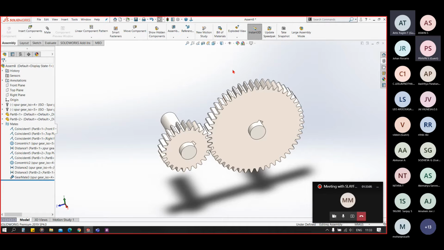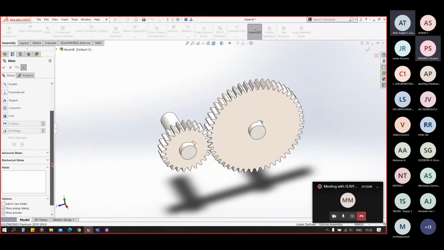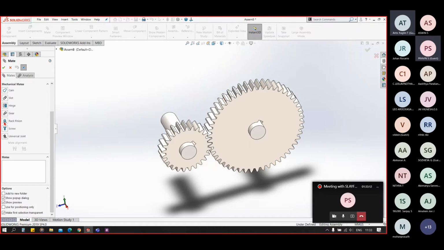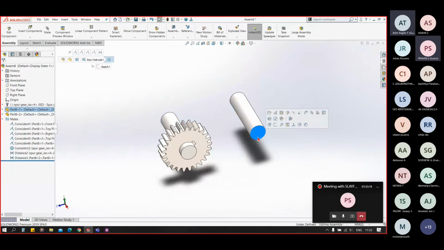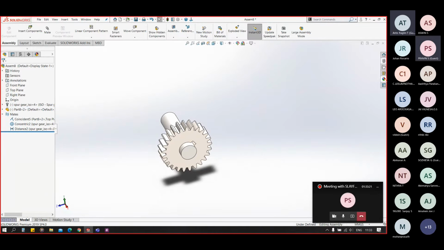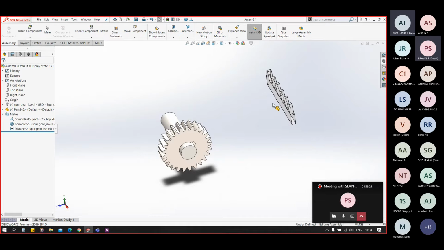Now, next one is rack and pinion. So I'll delete this also, and I'll input the rack here.